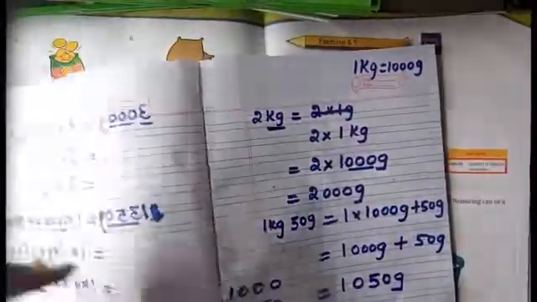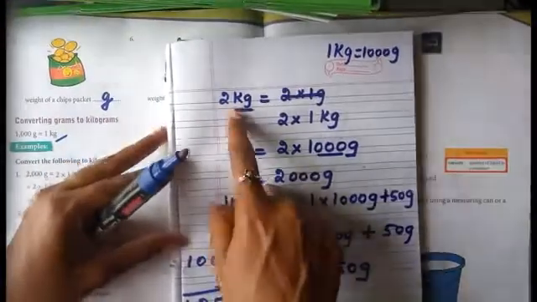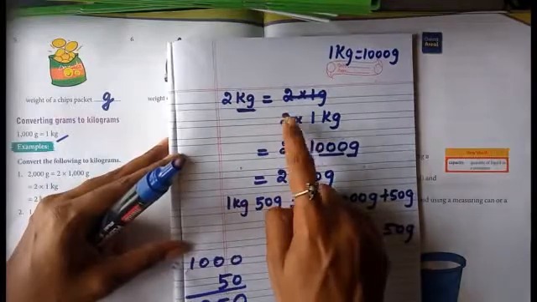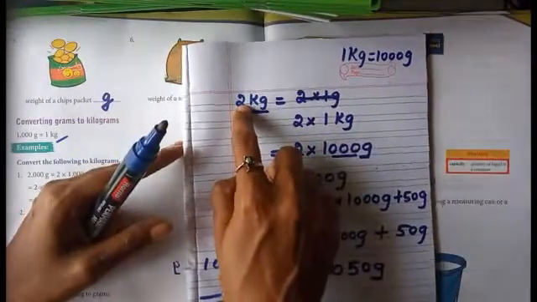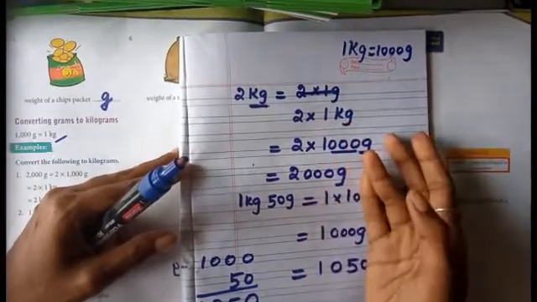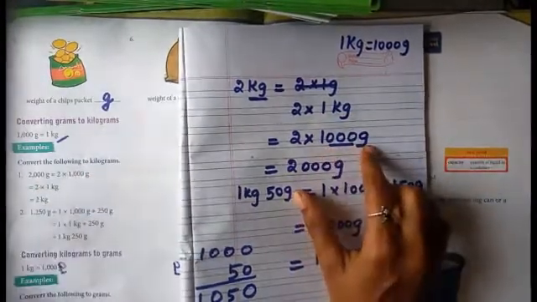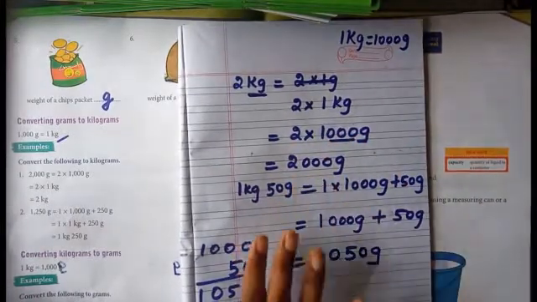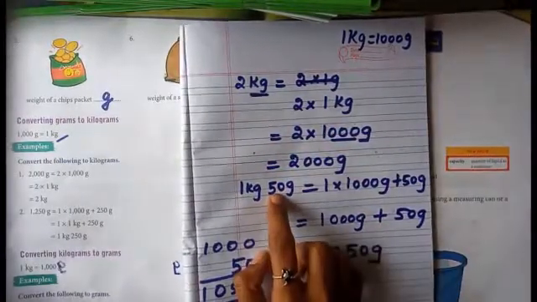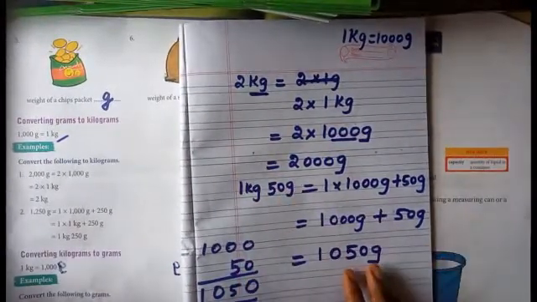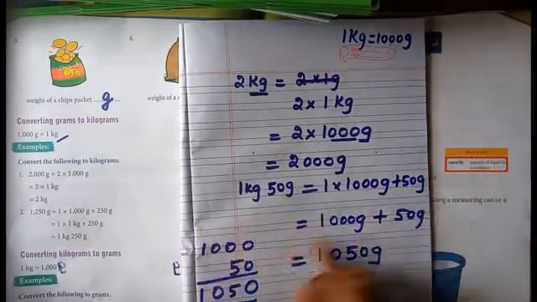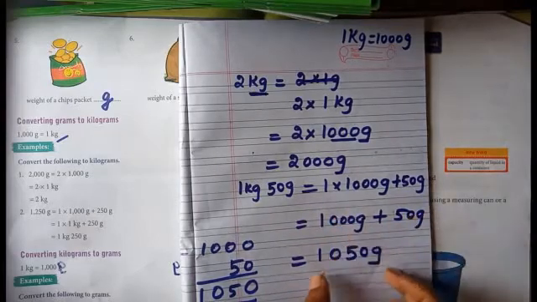So kilogram to gram, what you have to do? There also two methods are there. So 2 kg. So 2 kg is equal to how much? 2 into, already I said, the number is given means just you have to multiply with 1 kilogram. So 1 kilogram is equal to how much? 1000 grams. So you have to write 1000 grams, then you have to multiply. The same like that, 1 kg means just you have to do the same step, but here 50 gram is given, that you have to add. Okay, this kg you have to convert into gram, and then these both are grams, so you have to add like that.